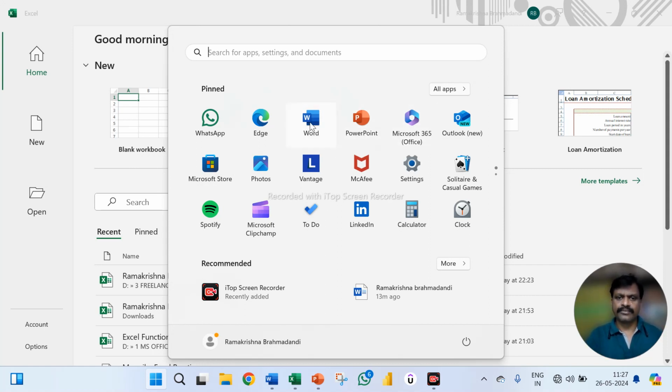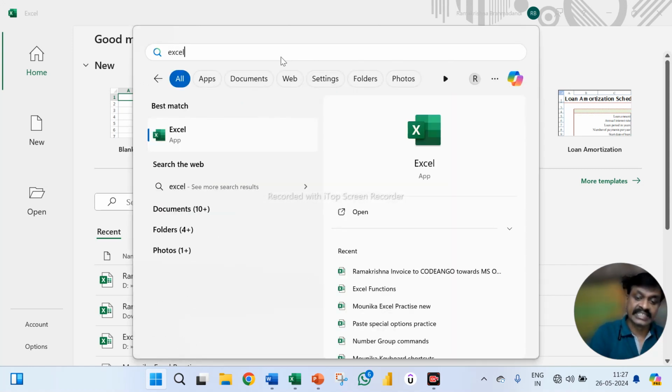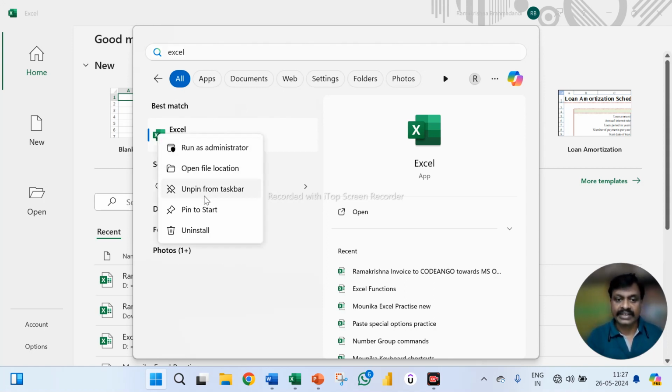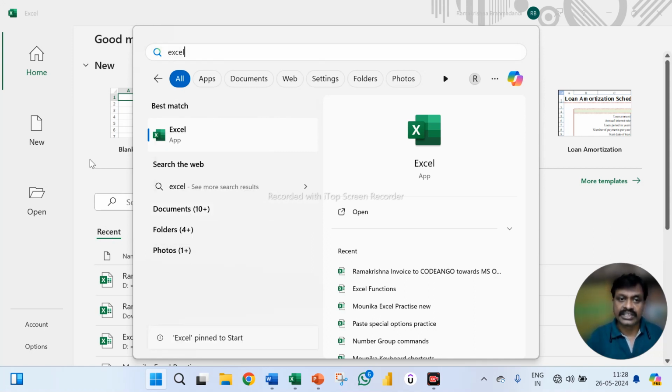See here, Word and PowerPoint programs are there, but there is no Excel program. If you want to pin the Excel program, what I will do, I will type Excel here and I will right click on this icon and click pin to start. See, it is on the taskbar, it is pinned, that's why it is striked out. See, on the taskbar it is pinned, that's why it is striked out. So in the start menu it is not pinned. If I click this button, you see,